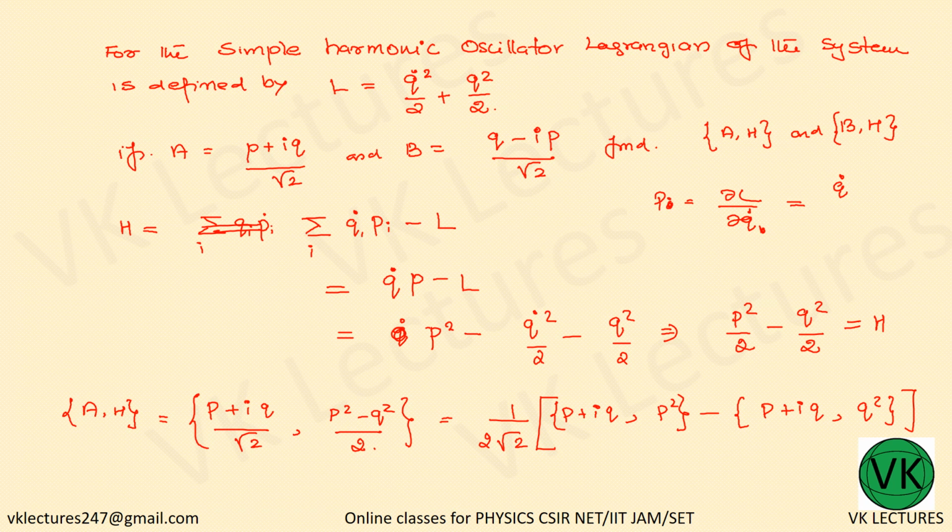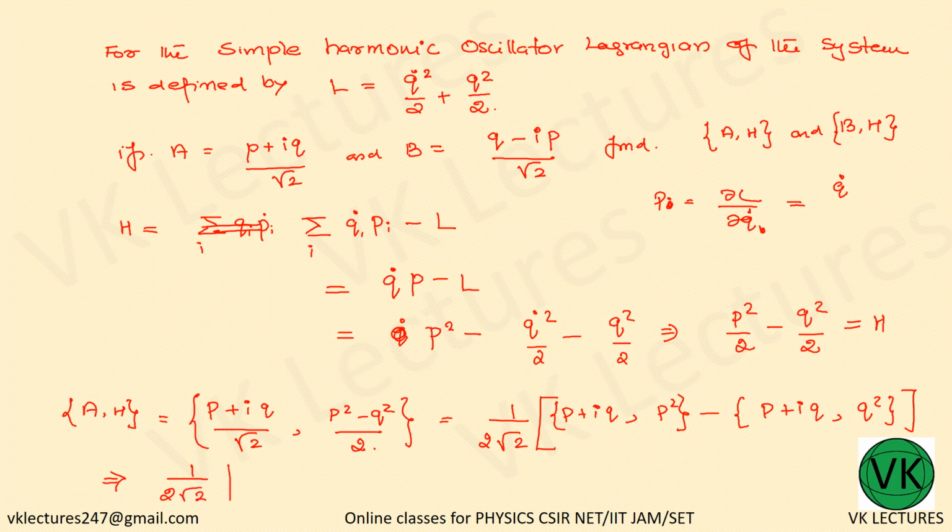So this gives us P plus IQ, P gets cancelled, so IQ comma P square, that is 2P, P comma Q comma P is 1. Let's write this in detail: